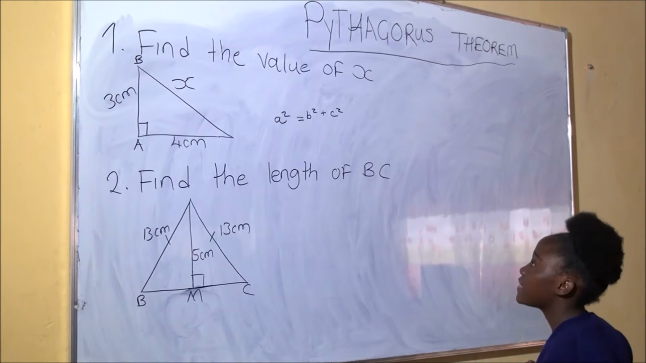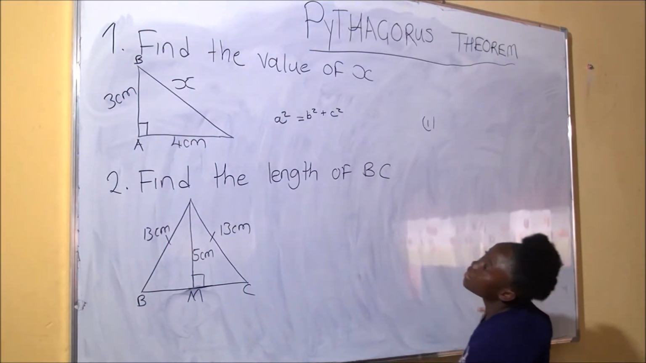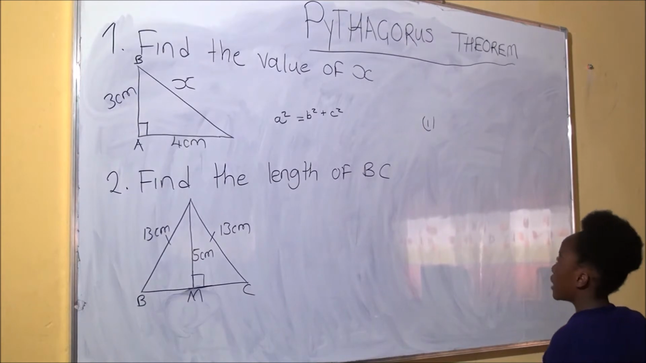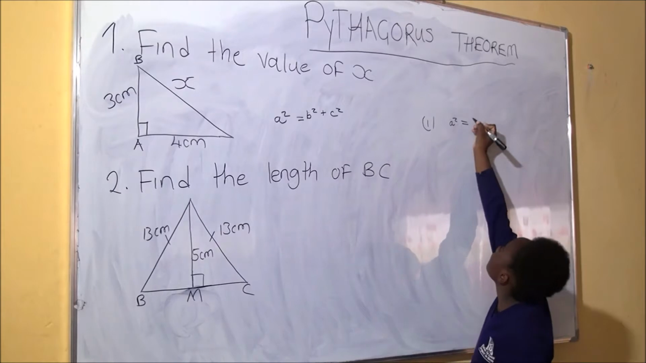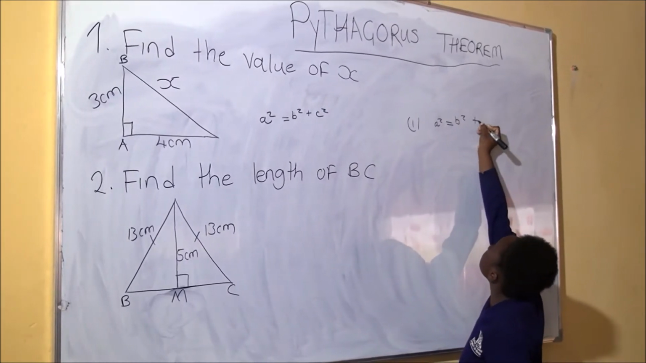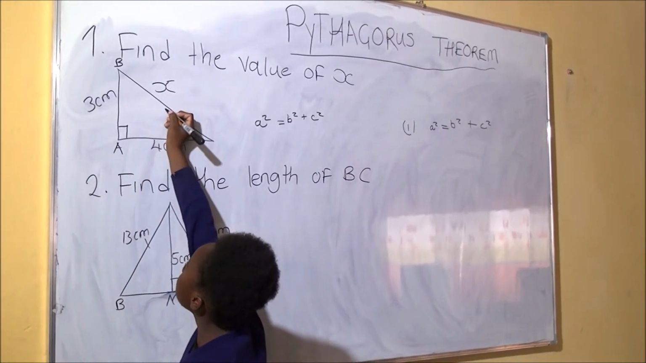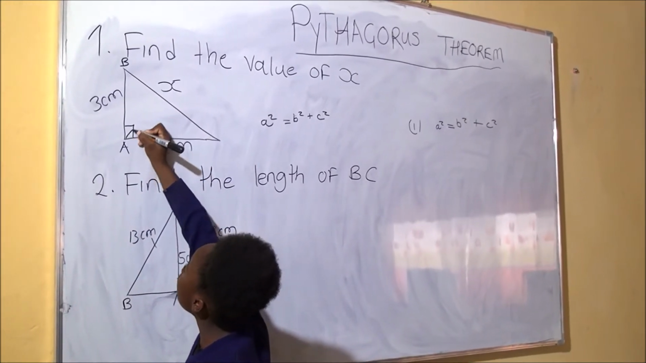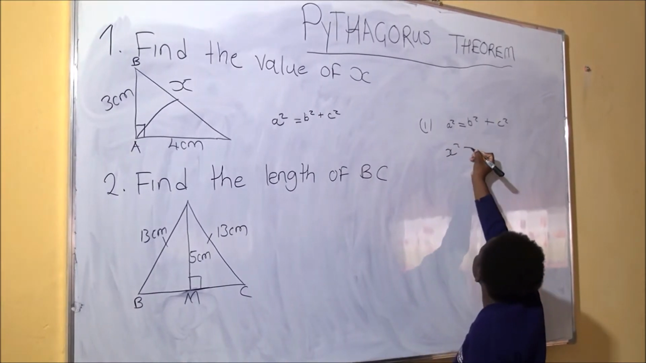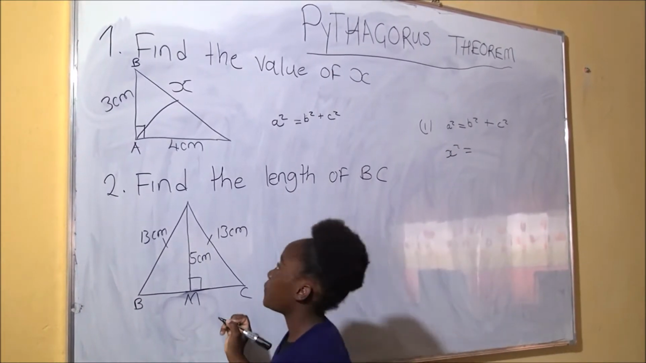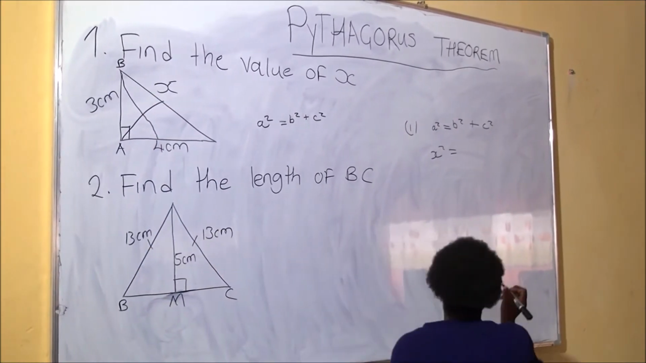Okay, so we're going to find the value of x. First question. We first copy the formula the way it is: a squared equals b squared plus c squared. A is representing the hypotenuse, which is opposite to the 90 degrees angle, which will be x squared equals. We look for the opposite of b. The opposite of b is going up to where 4 is, which will be 4 squared